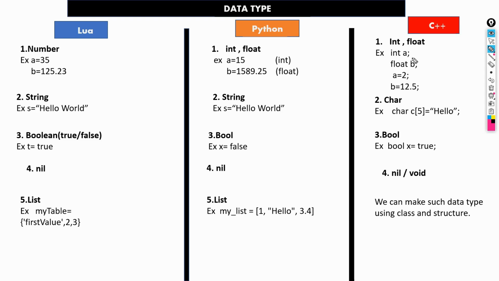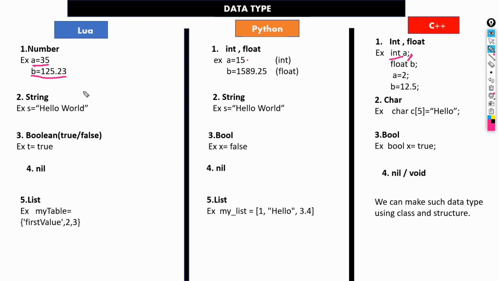Look at one more thing. If you come from a C++ background, there we use a semicolon and define it. If you come from a Python background, we don't use anything. That's why I told you it is similar to Python. Over here we don't use anything; we just give the value with equals to. But in C++ we give a semicolon. So take care of all those things when you write code in Lua.